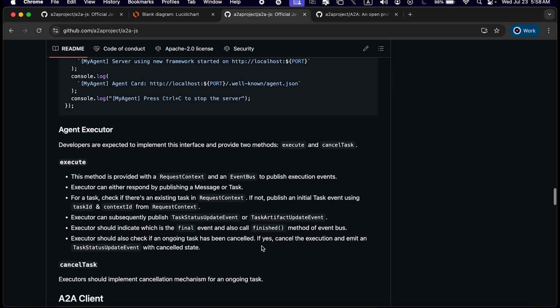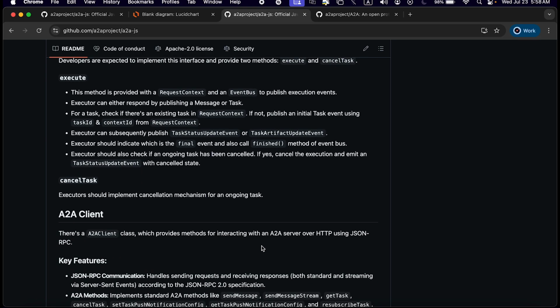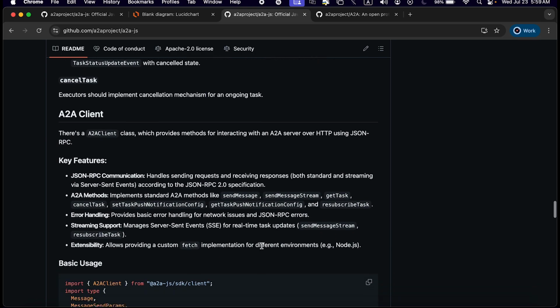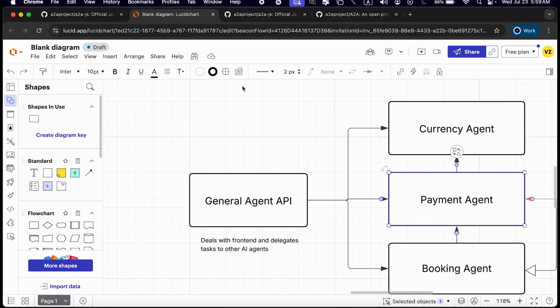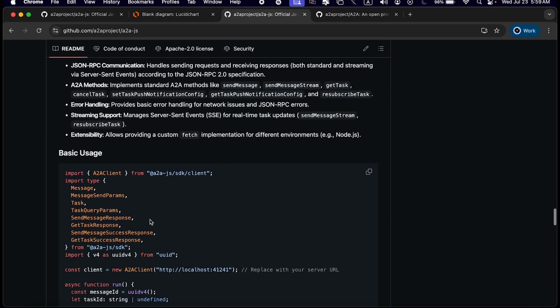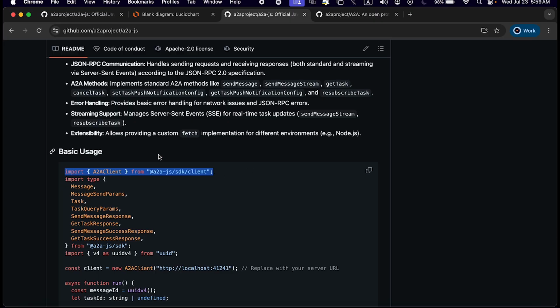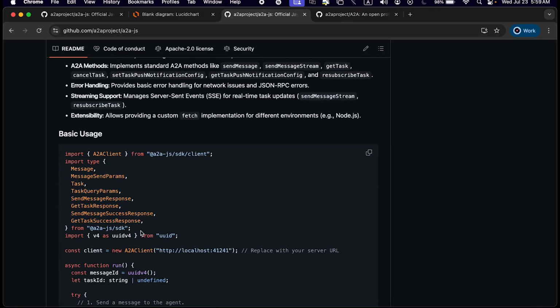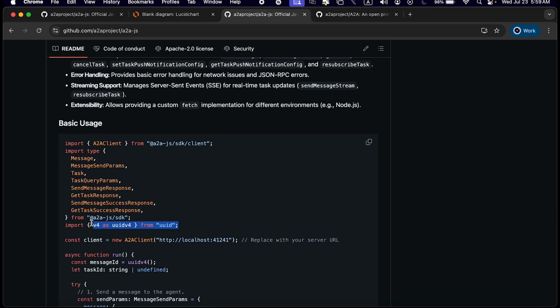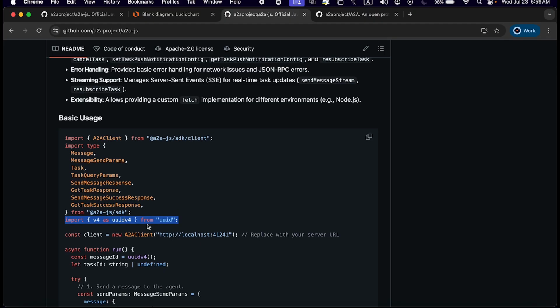Now, when we have the server done, what we now need to implement is the A2A client. The A2A client is basically now our general agent A2A API. Let's say it's an API. And it could be anything as long as you implement the A2A client. So we can just import the A2A client from the SDK, and then import the necessary types from the SDK commons. This is the commons folder. And then from some UUIDs for message ID generation, and your actual A2A client instantiation with calling the constructor using